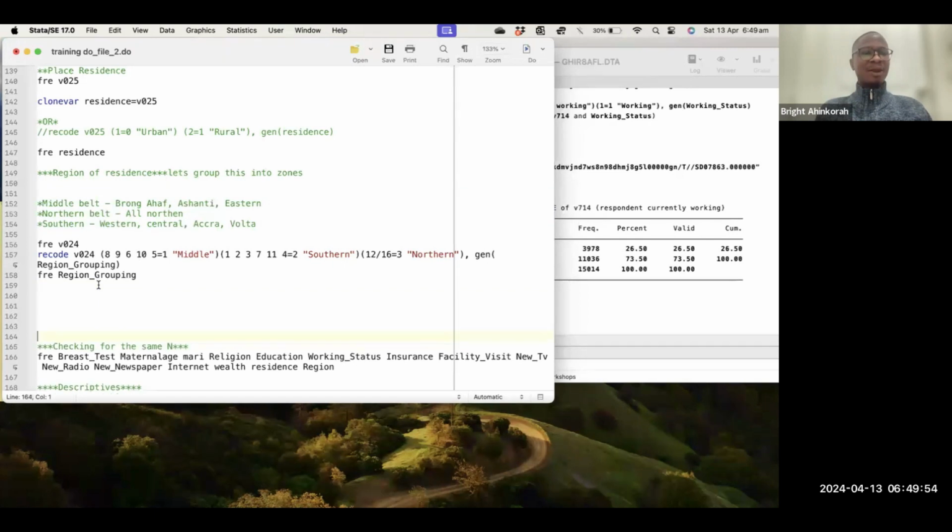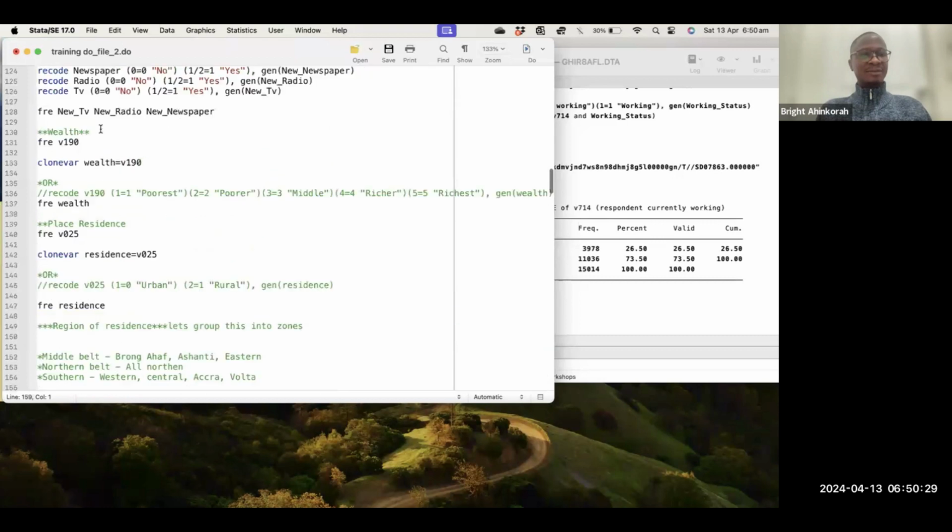So this is where all the recodings end. What we are going to do is run again from the beginning up to this point, so that we will have all the variables that we have created in our data sets. You can run these steps over and over again. So far as you have all the lines of commands in your do file, you don't have any problem. If there is any error, just start from the beginning up to where you had that error, and then you are good to go. So I'm going to start from the beginning